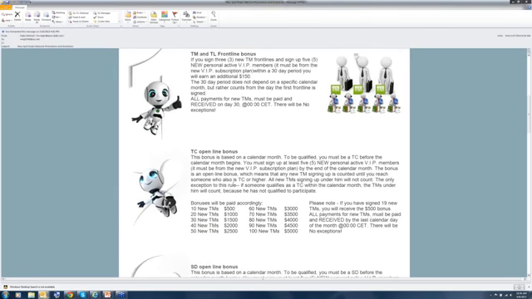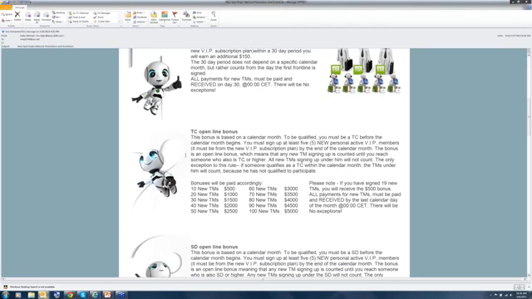Now, those of you that are team coordinators, this is also something very important. This is the only time that you need to be a qualified team coordinator entering the month to earn the bonus. There's a number of you that I worked with last month to make sure that you did what you needed to do to become a team coordinator when last month closed out, because now this bonus applies to you this month.